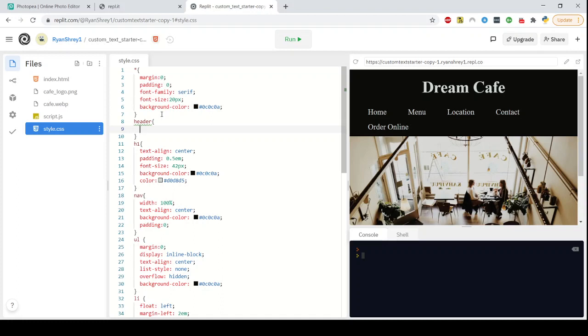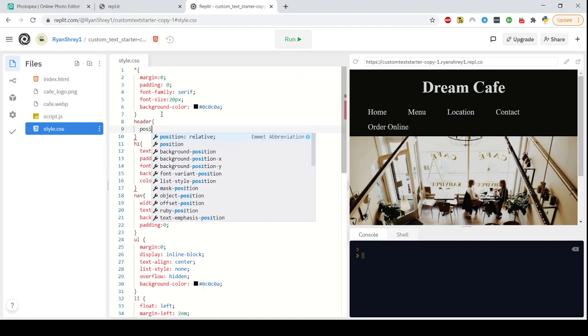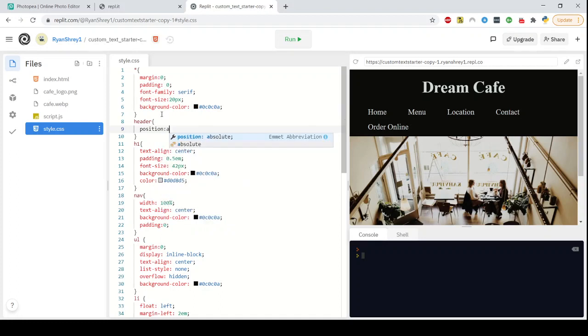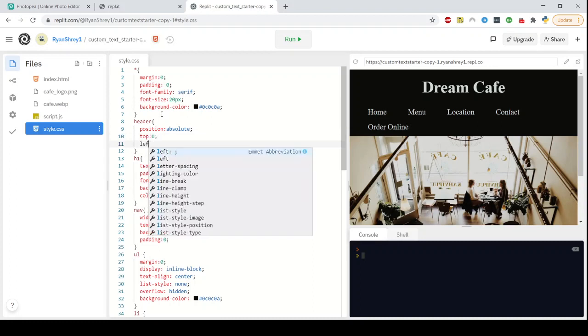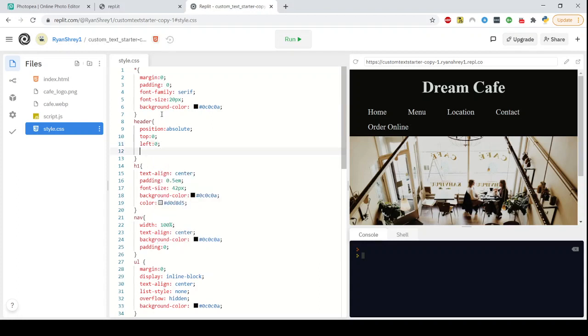I'm mainly concerned with just the positioning and the opacity. So I'm going to say position absolute. I'll set it 0 pixels from the top and 0 pixels from the left. And its opacity I'll set to